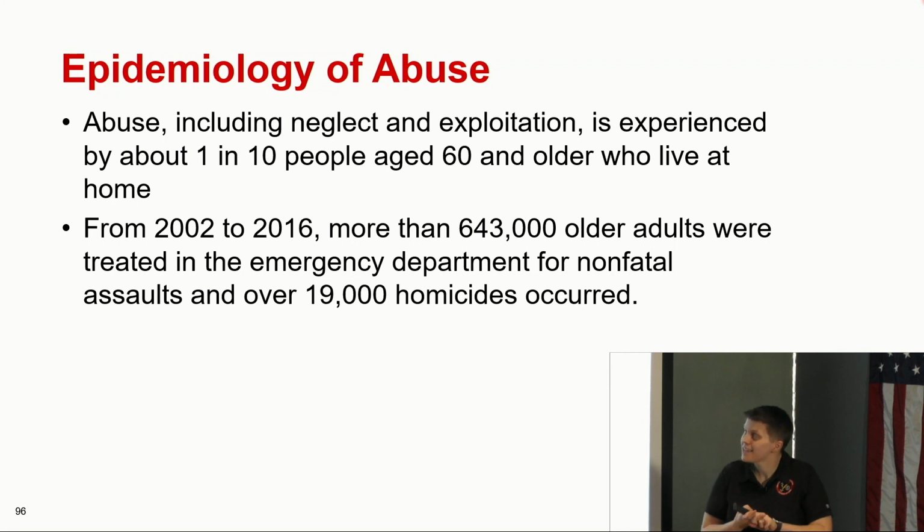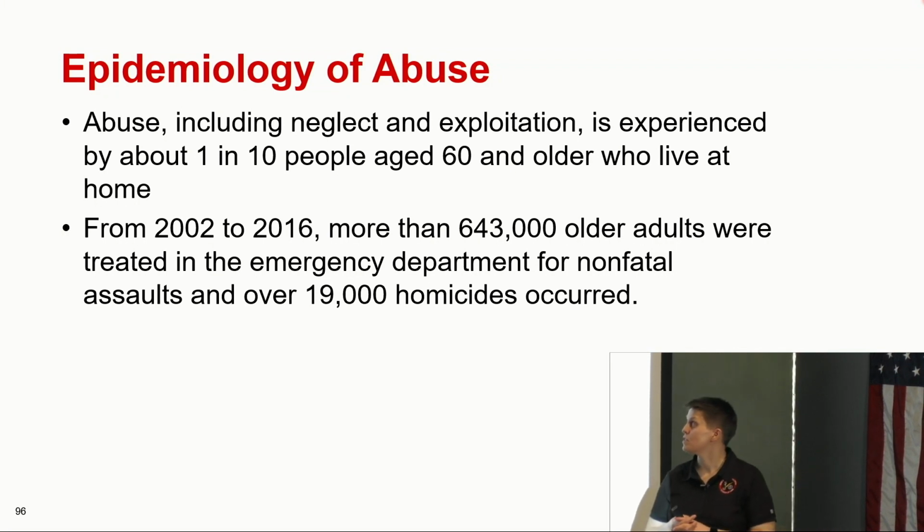So 10%, which is really a phenomenal and concerning number. Between 2002 and 2016, more than 643,000 older adults were treated in the ER for non-fatal assaults, and over 19,000 homicides occurred in this age group. So these patients are not immune to